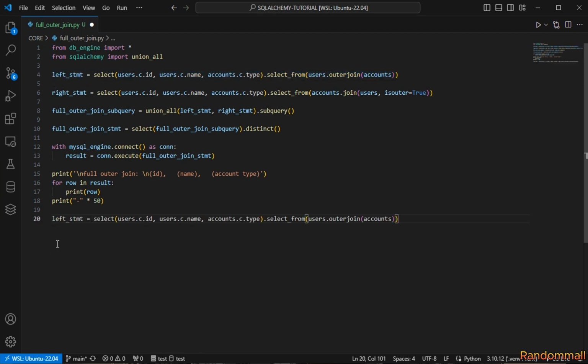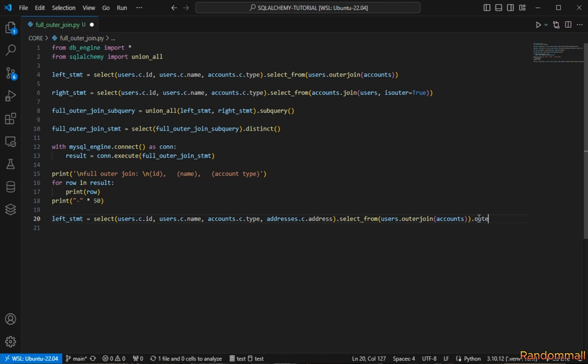I'll paste it here, and then inside there I'm going to join another column that I want us to retrieve, which is the address dot column dot address. This should be addresses. And then right here after left joining the accounts on users, we are going to also left join the address on the users by saying